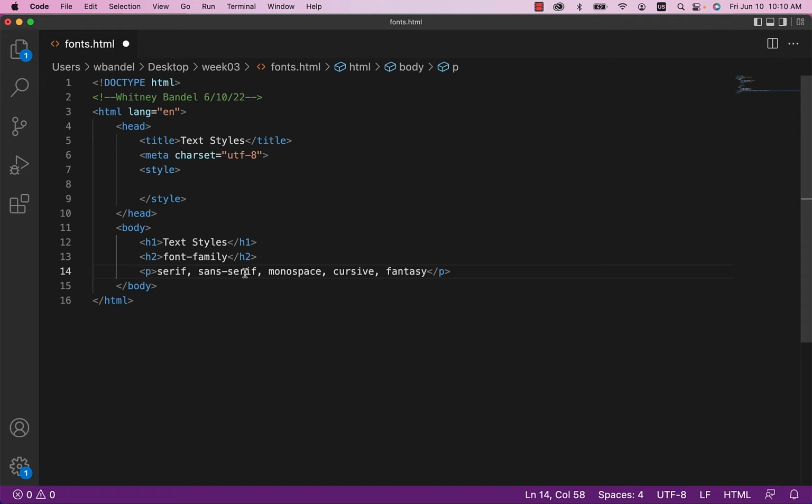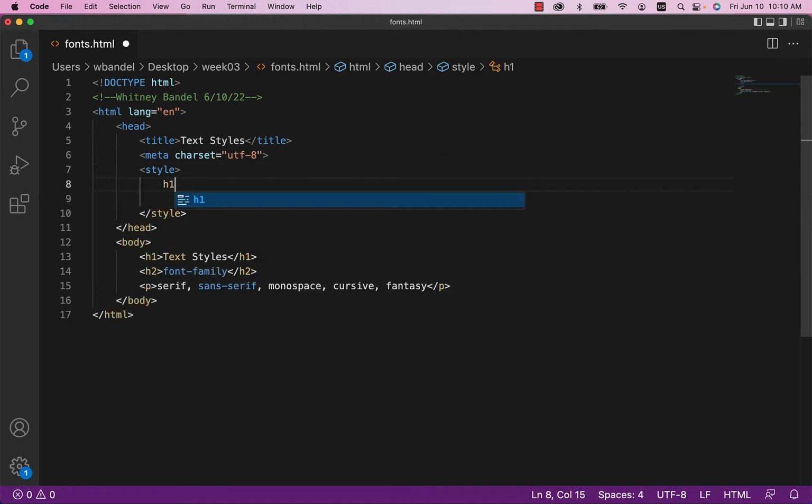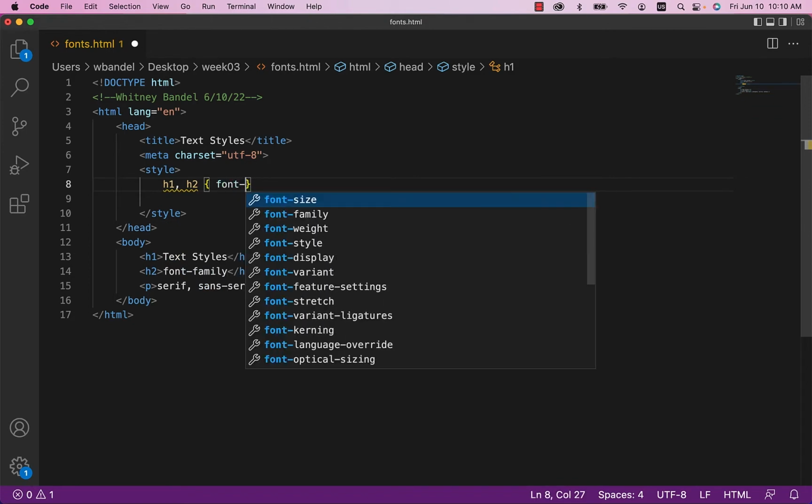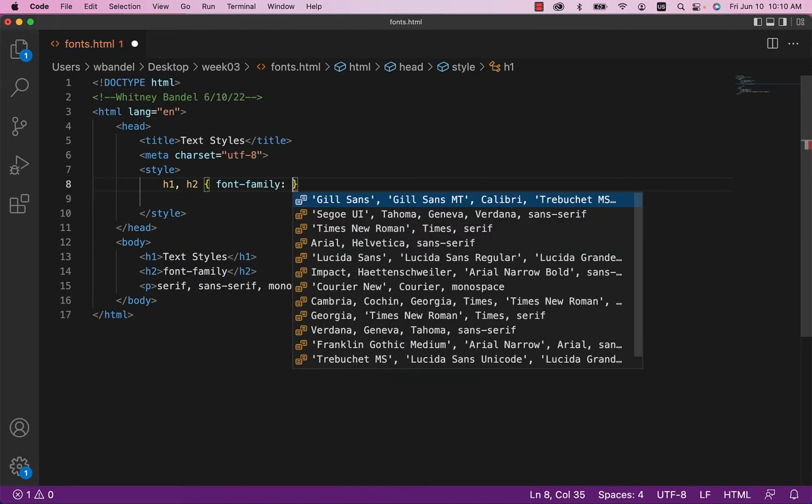So it's common to use serifs like Georgia and Times New Roman for headings, and then for your paragraphs and your lists, that's when you would want to use sans serif fonts like Verdana and Arial. So what we can do, since we have these headings, is I could go in and say when we have an H1 and when we have an H2, then I want to have my font family set to,